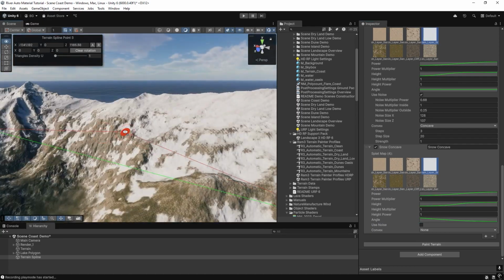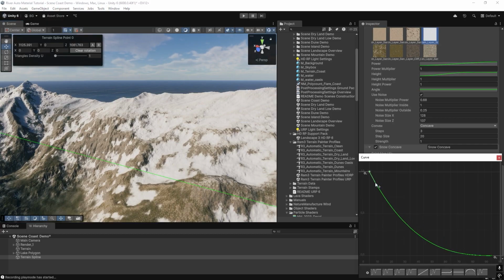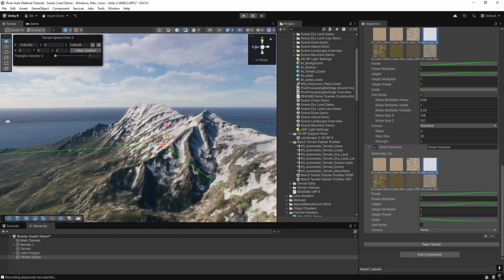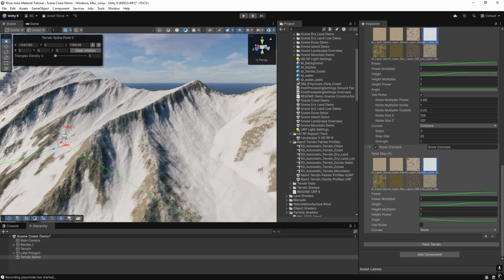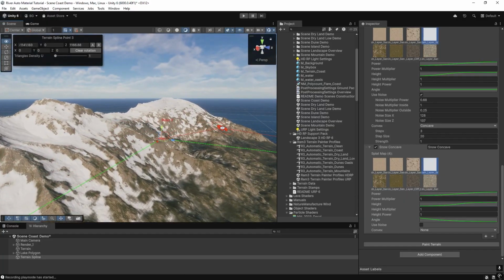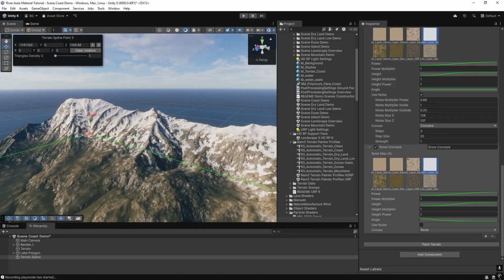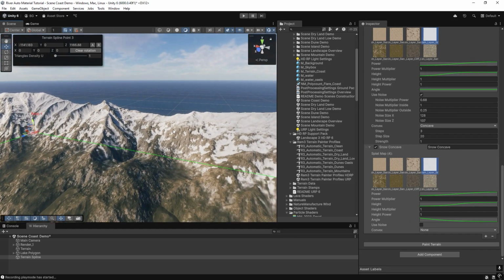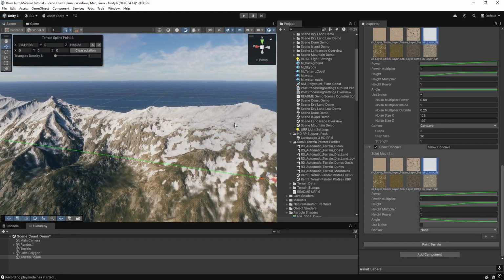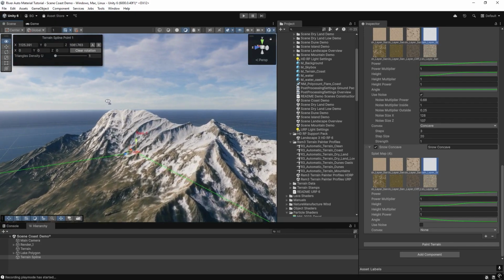so now it looks much better. We could even reduce this angle so it will show up our cliffs in the snow like that. And now this looks much more natural, because on the higher parts of the terrain we have snow which is almost everywhere beside the bigger slopes,